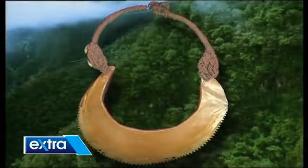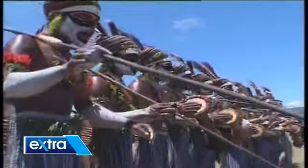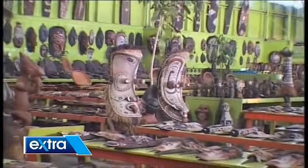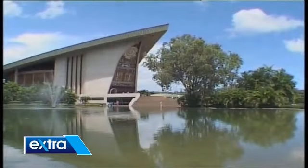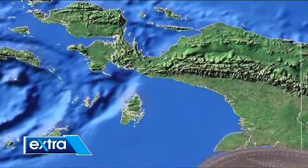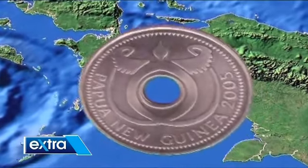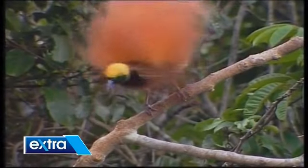The story starts with the glittering Kina pearl shell. The shiny gold shell is a valued part of traditional ceremonies, often traded as currency in a barter system economy. In 1975, when a newly independent Papua New Guinea introduced currency with its own official crest, Kina was a fitting name. The crest portrays a soaring bird of paradise, an exotic presence in the country, and a powerful symbol of